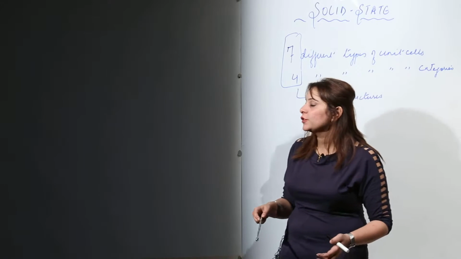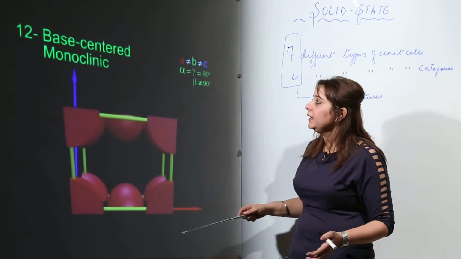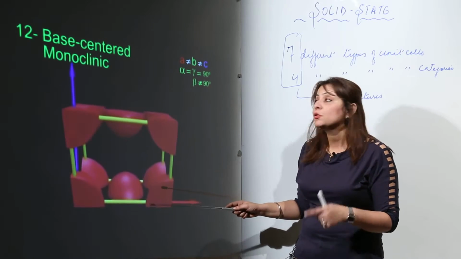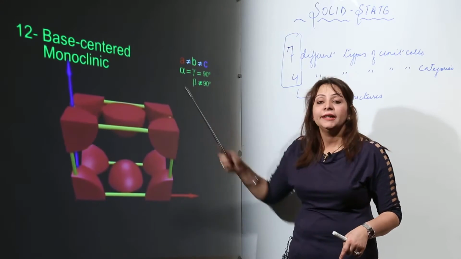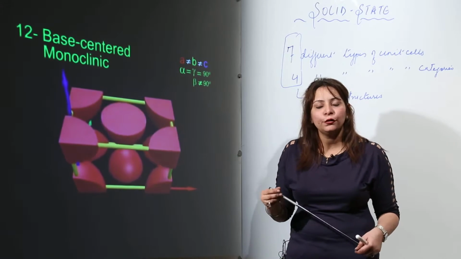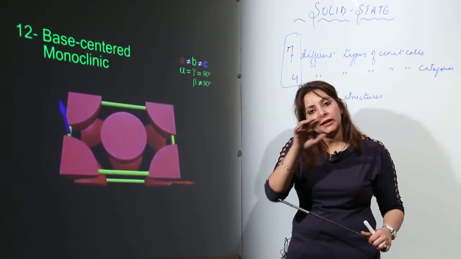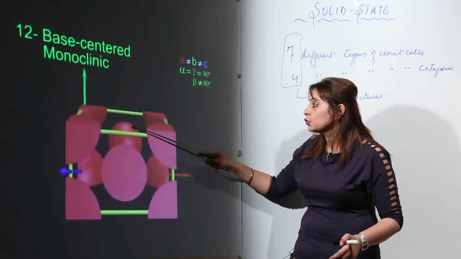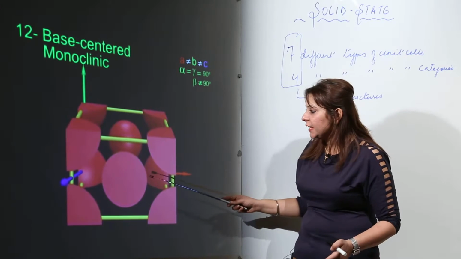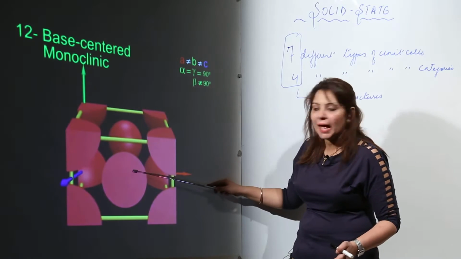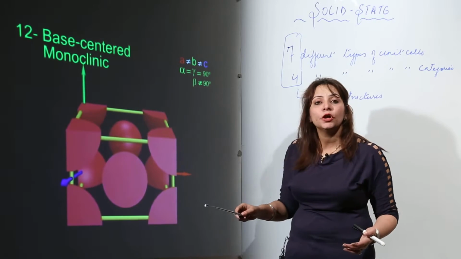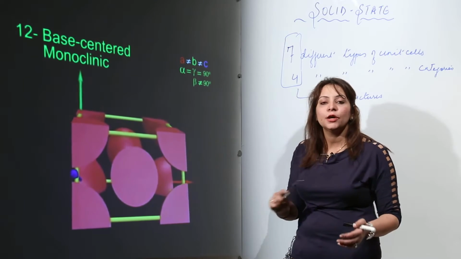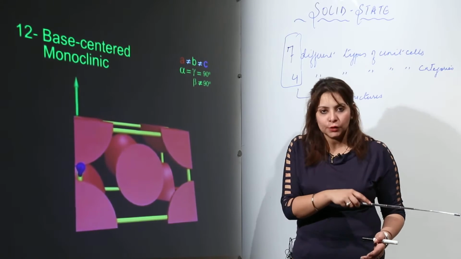The next one we find is the monoclinic. We see monoclinic in a primitive form, and moreover we can see it in a base centric form. I think you remember what a base centric form is. That means you will see particles at the corners, and along with that, particles at two parallel planes. In this case they have used this parallel plane, this one and this one. And as we talk about the contribution of these particles, they are exactly half. That means they contribute to this unit cell and also to the adjacent one.